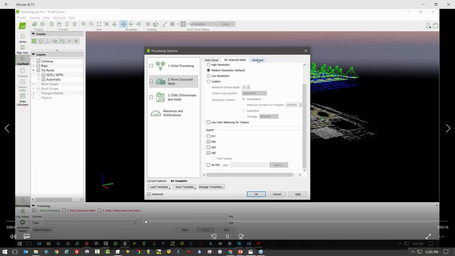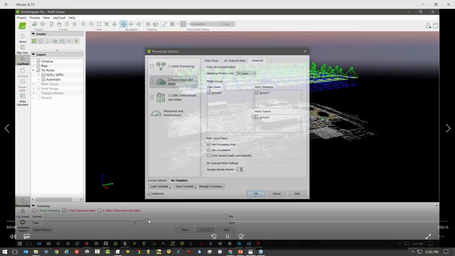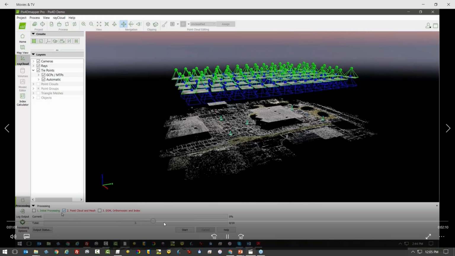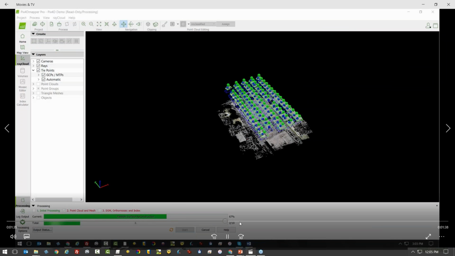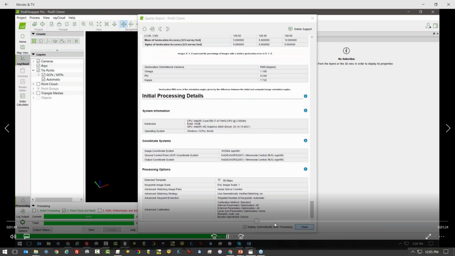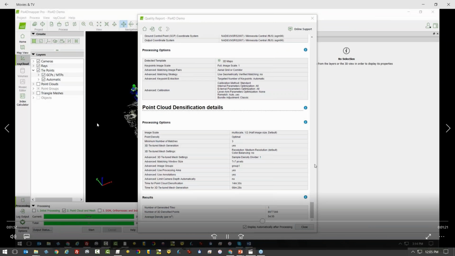And then when that looks good, we basically just close the window and hit the start button down on the bottom, making sure that step 1 is not checked because we don't need to redo that, and just step 2 is checked. And then we basically run through. I'm just going to speed it up here. It's going to again pull up our